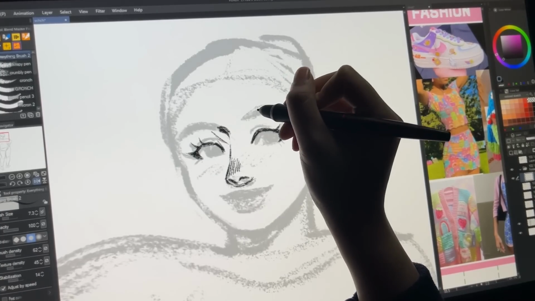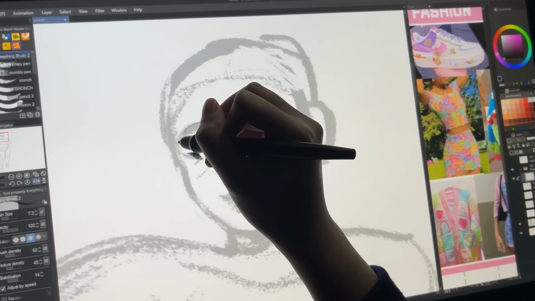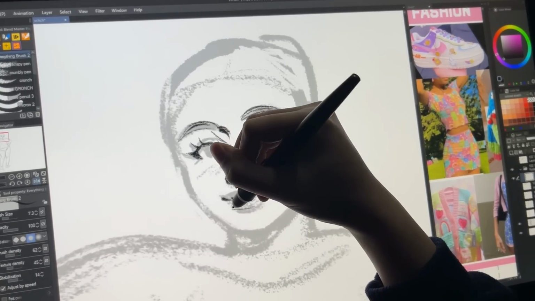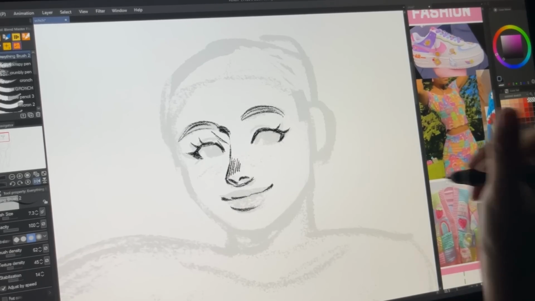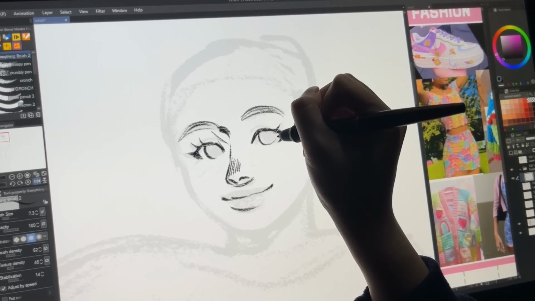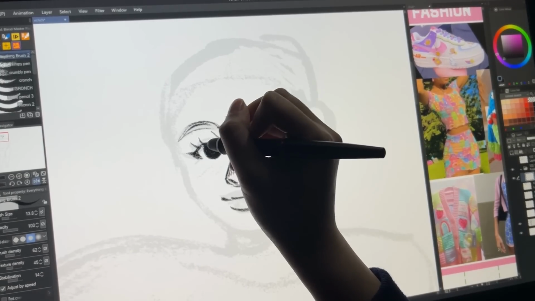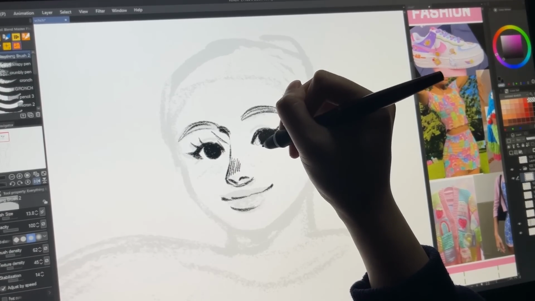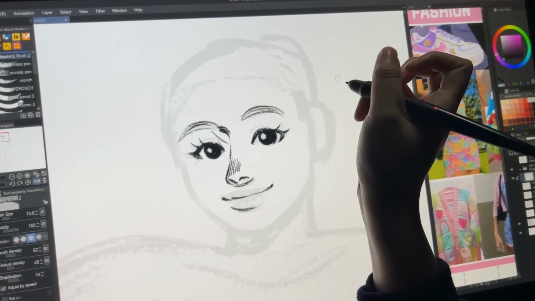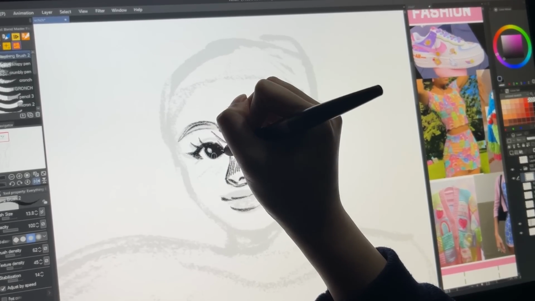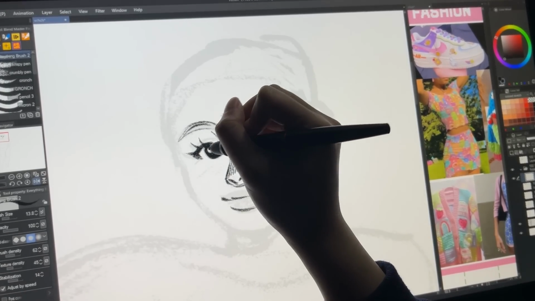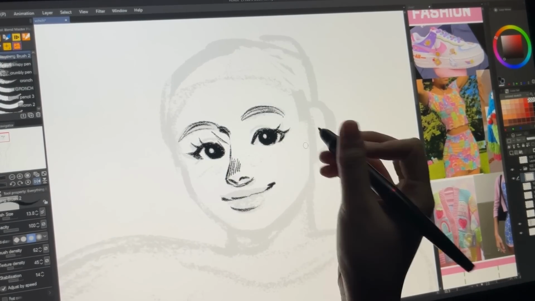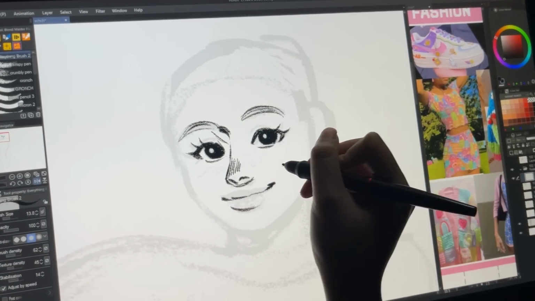So I made her nose longer than the usual ones that I draw and also less upturned. And I wanted her eyebrows to be thick and her eyes to be round because personality-wise, she's supposed to give off a rather friendly vibe. So I wanted that to show in her eyes. And I do think her eyes are pretty friendly. But I think I made them more droopy than I intended. And so that added more to the personality that she had, and in the end it reminded me of a hippie, almost like a relaxed hippie that is very friendly because of how droopy her eyes got at a certain point.